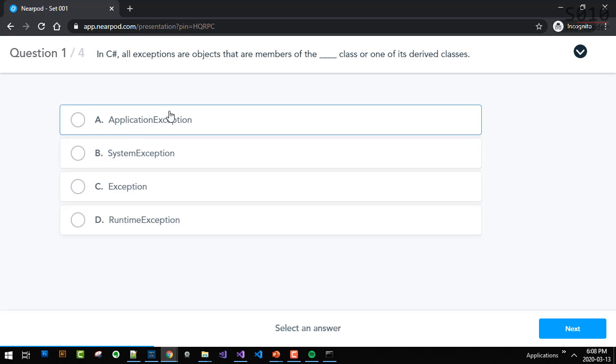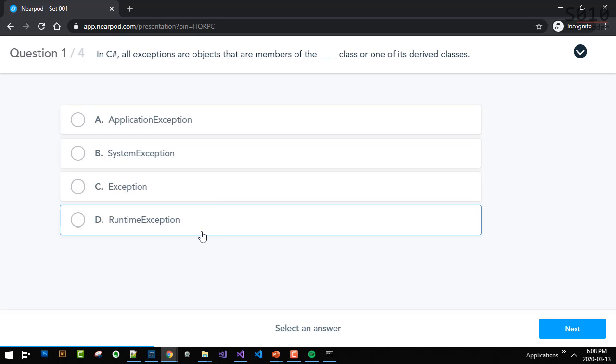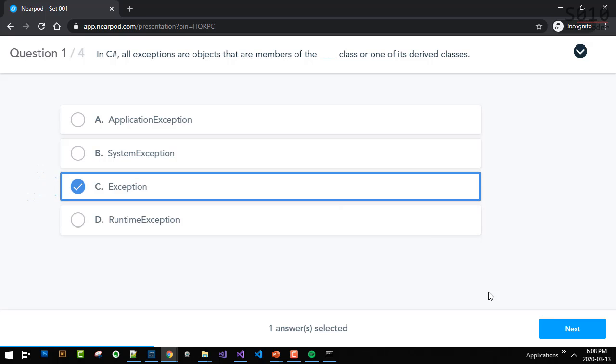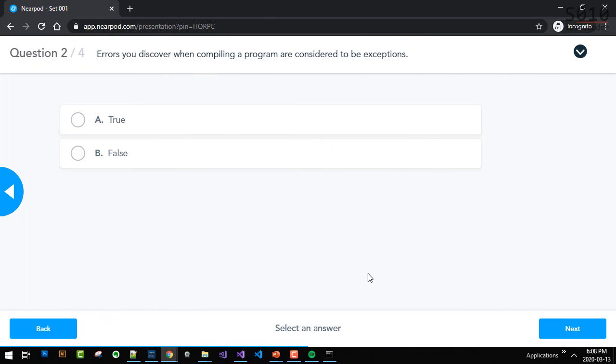Now, all of those application exceptions, system exceptions, runtime exceptions, they either come straight from Exception or they come from one exception class that comes from Exception, okay? Exception is the parent of all exceptions. Except itself. Anyway, okay, this is a good one.